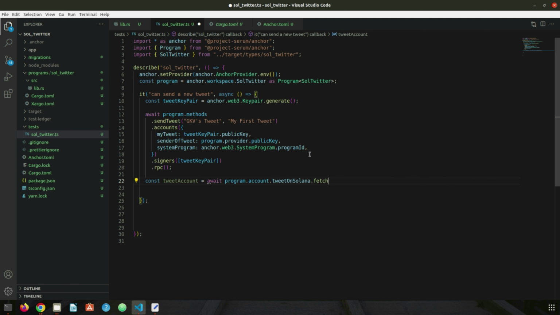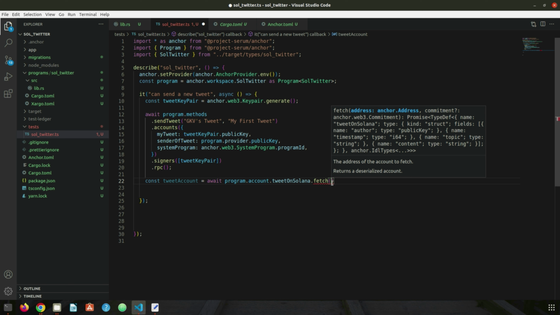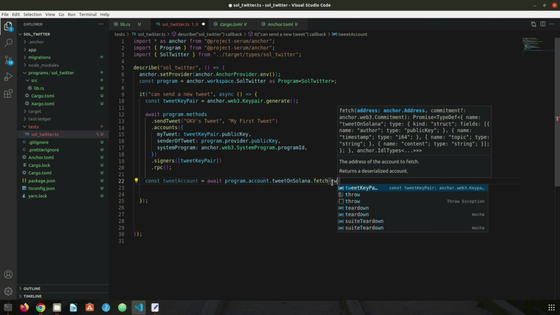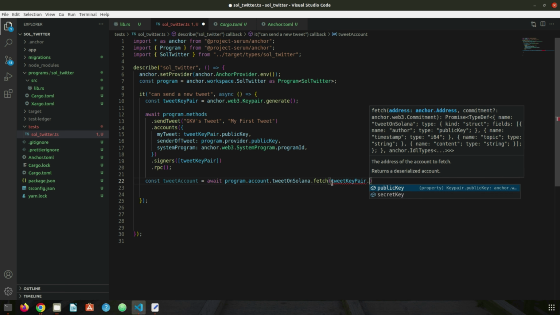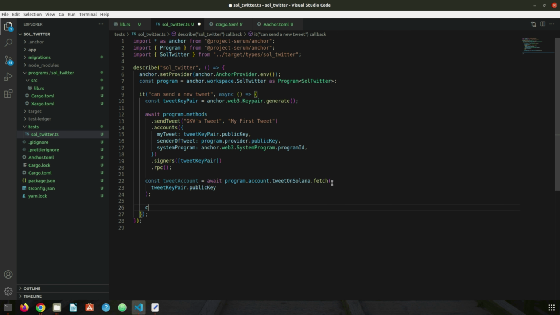Okay, so once we created this tweet account on the blockchain, it gives us a function that is the fetch function, and within the fetch function we could actually provide a public key, and with that public key we should be able to get the account whichever is associated to that public key. Okay, we're going to say tweetKeyPair.publicKey, and then we're just going to say console.log